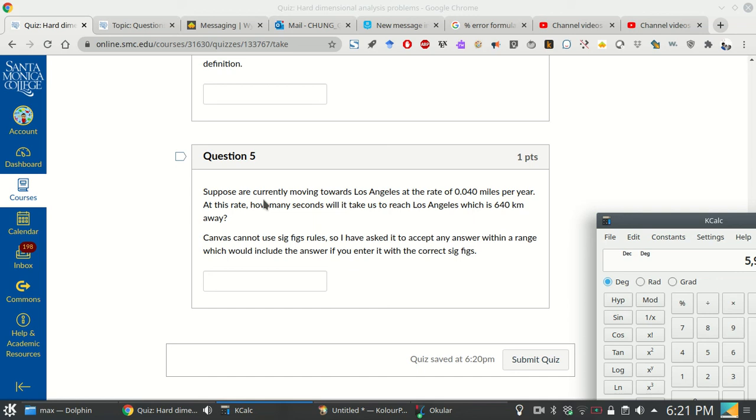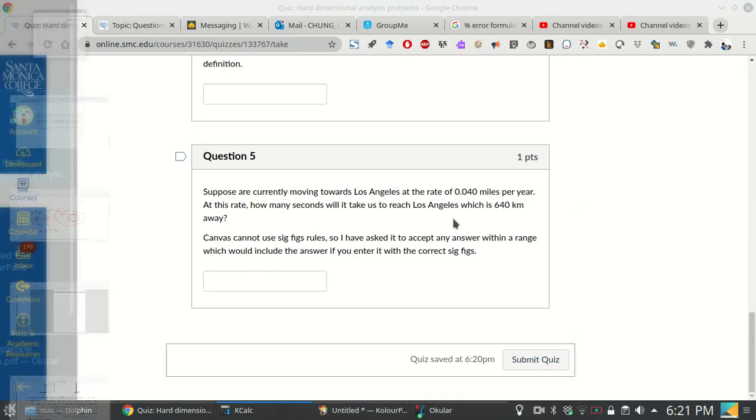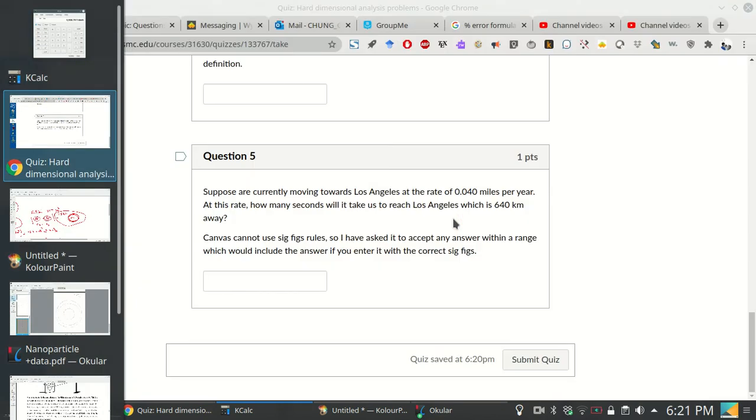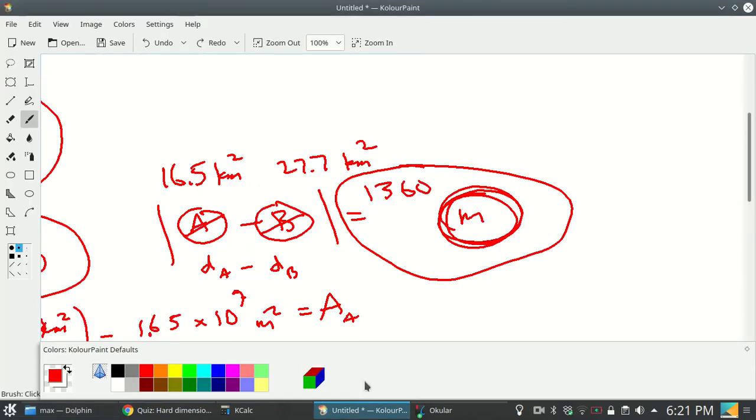Oh, okay, so, sorry, the tectonic plate that Santa Monica is on is not the same tectonic plate as the one that Los Angeles is on. So we are actually moving towards Los Angeles at this rate. So how many seconds will it take us to go that far? So let me do that. So 0.04 and 640 kilometers. Where is it? Here it is. Okay, so